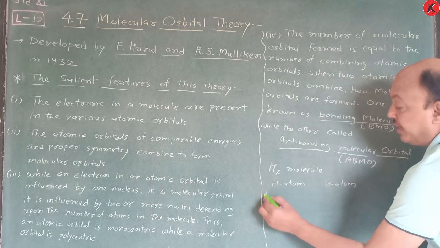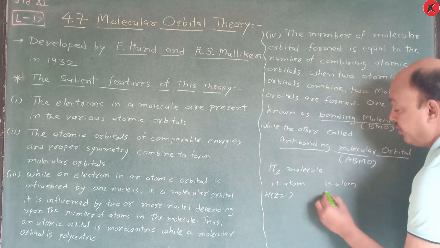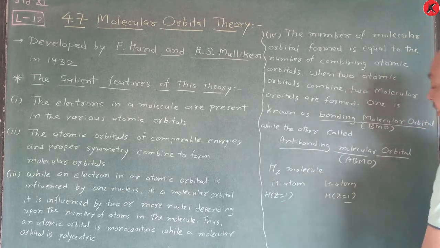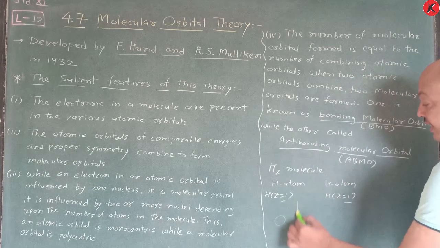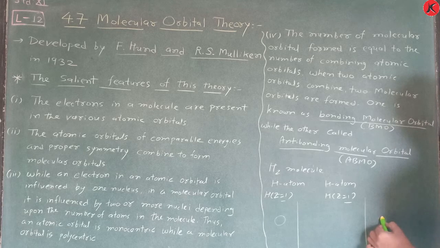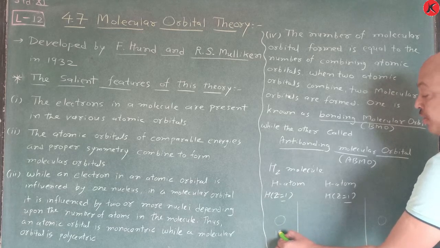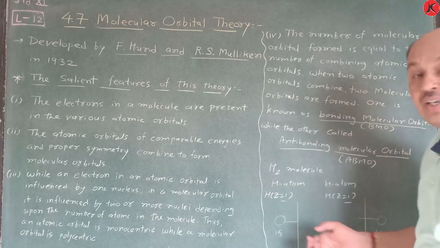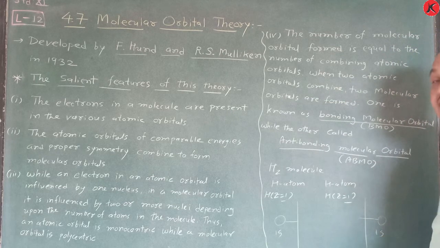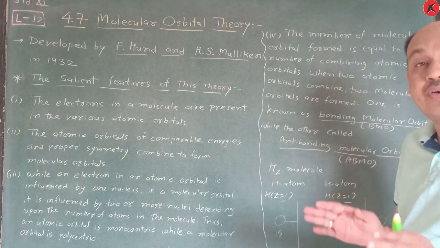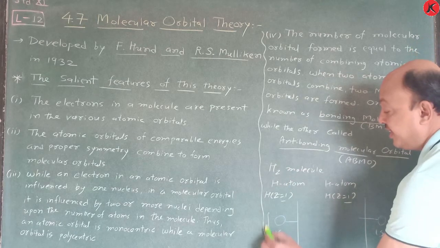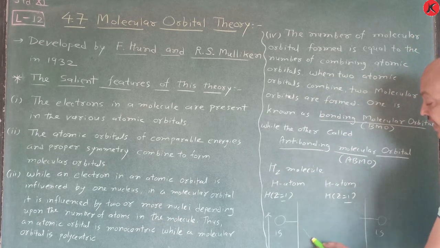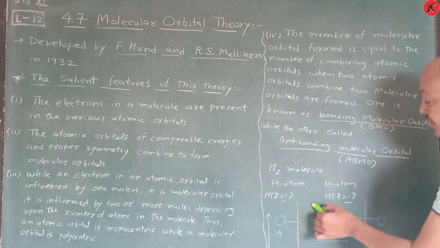And you know that here H Z is equal to 1 and here H Z is equal to 1. So one electron is present. When they are very far away, you have to learn this one later on. Don't bother about this. So this is 1s orbital and this is also 1s orbital, and this energy remains same. At that time there is attraction and repulsion, and according to that, the energy is increasing in the upward direction. These are terms we have to learn.